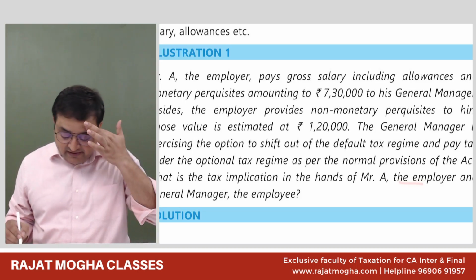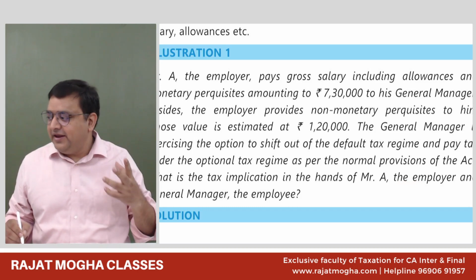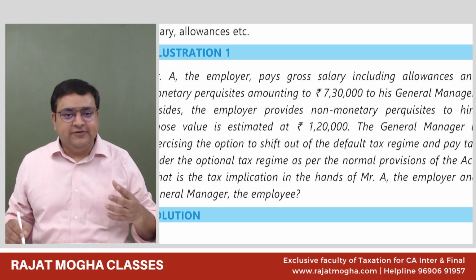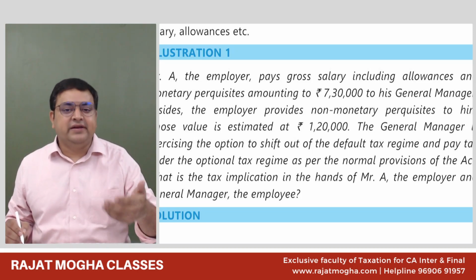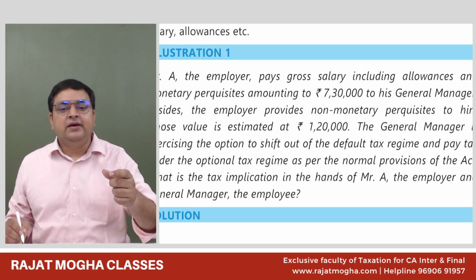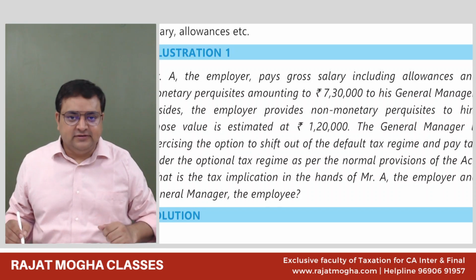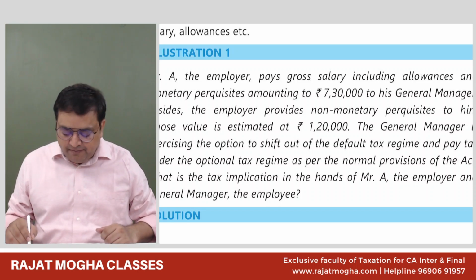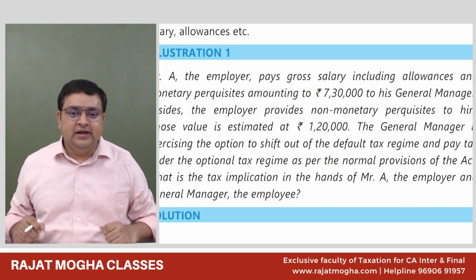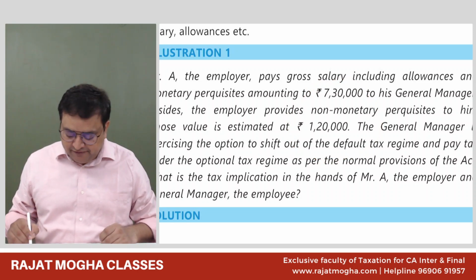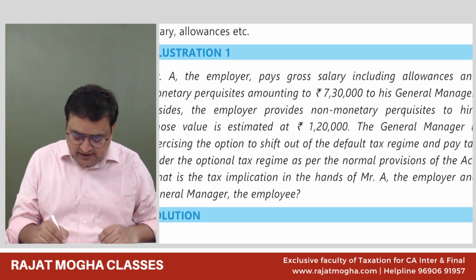So under the head salary, average rate. Correct. Very nice. So we don't have a specific rate. We have the average rate. Average rate means that it depends upon your salary income. It depends on your tax liability. And according to that, we deduct the taxes. So first of all, we need to compute his salary and how much is his taxes. According to that, we can tell that this is the average rate. So everybody, please do with me illustration number 1.